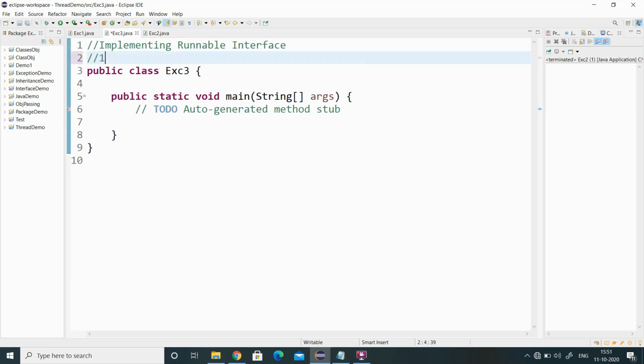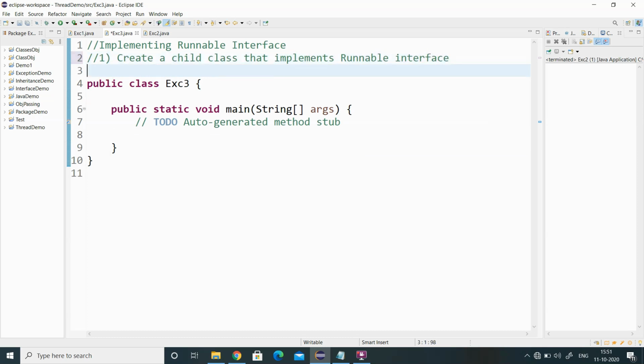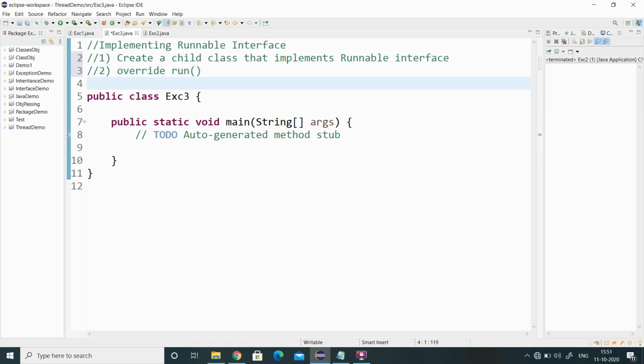If I want to create a child thread by implementing the Runnable interface, I need to follow 5 steps. Step 1, create a child class that implements the Runnable interface. The second step, override the run method. The third step, create an instance of the child thread class.